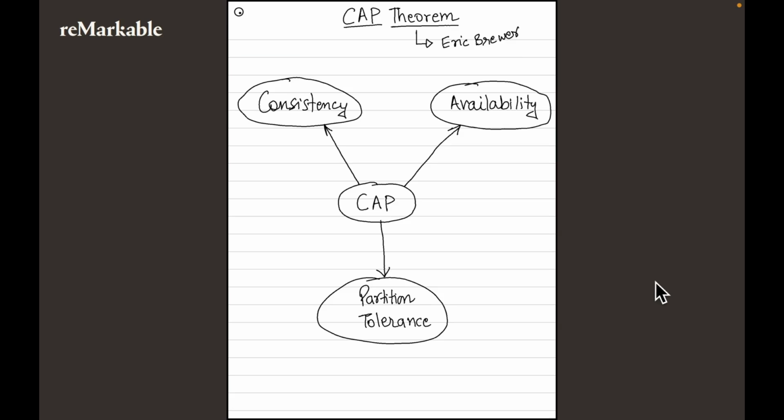Hi everyone. In this video, we are going to discuss a very important theorem in the field of distributed systems known as CAP theorem. This theorem was initially coined by Eric Brewer in 2000, and hence it is also known as Brewer's theorem. CAP is an acronym of consistency, availability, and partition tolerance, which are attributes of a distributed system. We will discuss all these attributes in detail, which will help us to understand CAP in a better